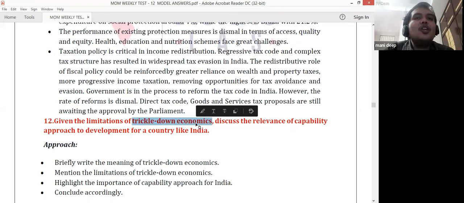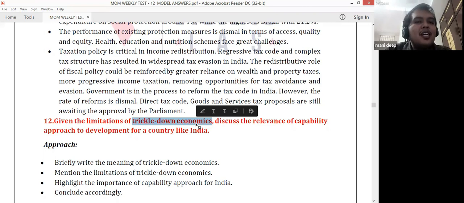So to address this, Amartya Sen brought in the capability approach, and this is what the government of India is also focusing upon. The capability approach is nothing but improving the capability of the lowest section of the people so that they can bridge the gap and reach the topmost position. This is the basic idea behind the Startup India program and Stand Up India program, where the government is providing certain support to the lowest section of the people so that they can rise to the topmost echelons. So this capability approach is what the government is trying. Here you can write the example of Dalit capitalists or Stand Up India, Startup India. These are all you can write about.